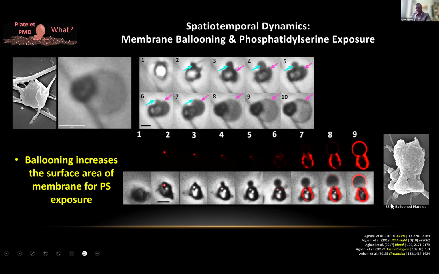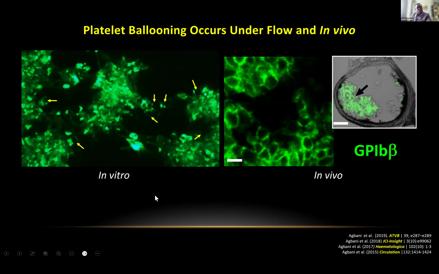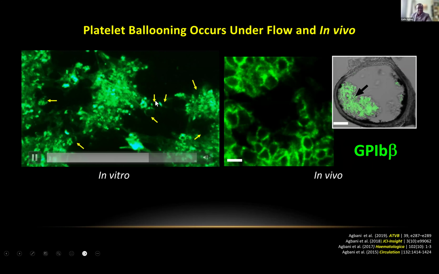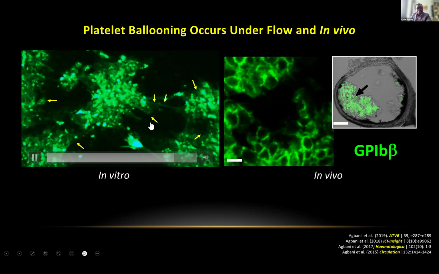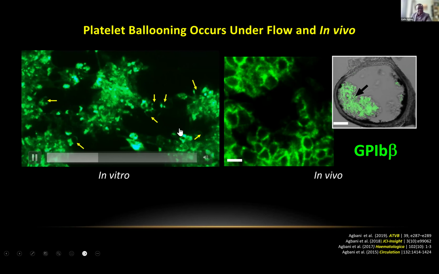Here you are looking at the platelet in SEM, the scanning electron microscope, of the ballooned platelets. We can see ballooned platelets when we flow whole blood over collagen. So here I'm doing a Z section, going up and down in Z, and hopefully you can see, as I try to highlight with the yellow arrows, the areas where there is ballooning.